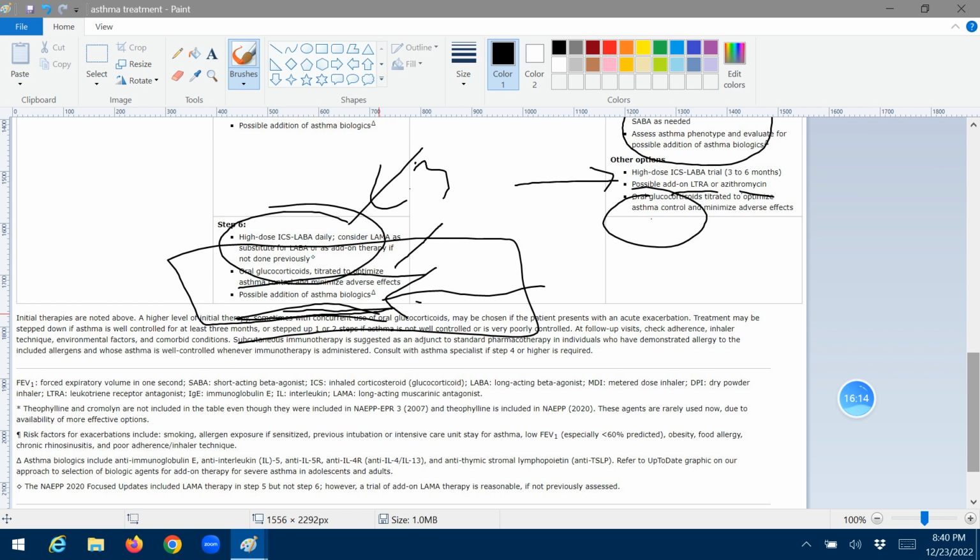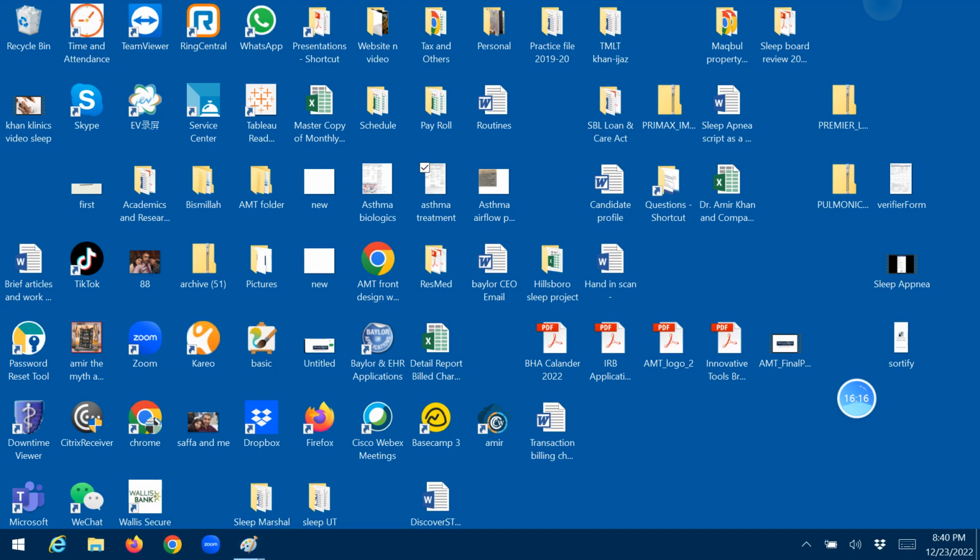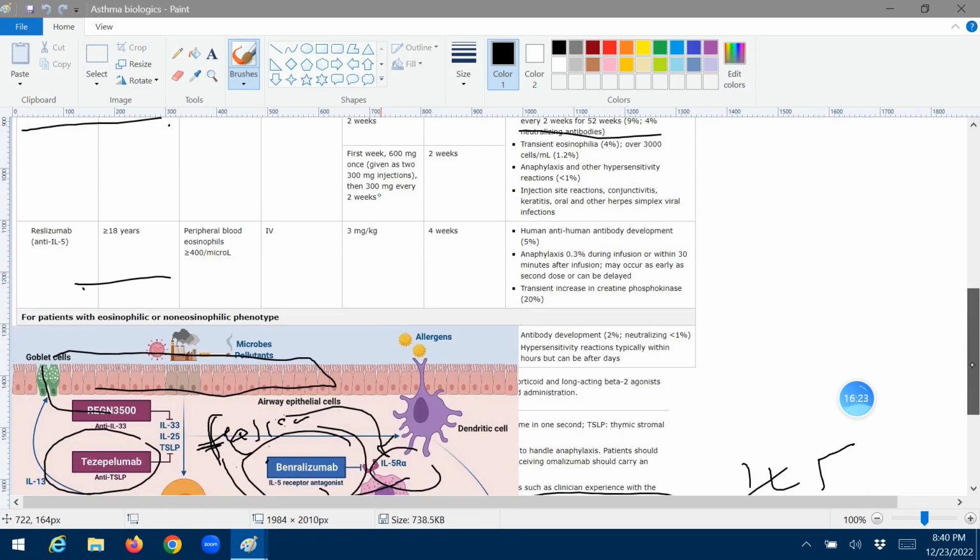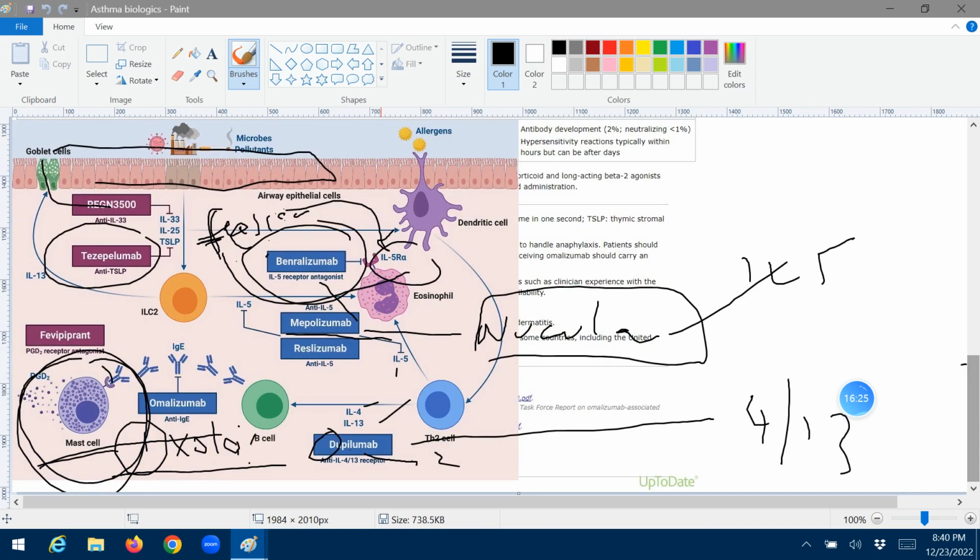And just a few words now, we want to have a look at the biologics that we've been discussing. I know it's a busy slide here, but just look at the epithelial receptors, and I want you to start basically from the mast cells and something that we discussed a little while ago. And then what are the treatment options? Well, the Xolair, which is omalizumab,